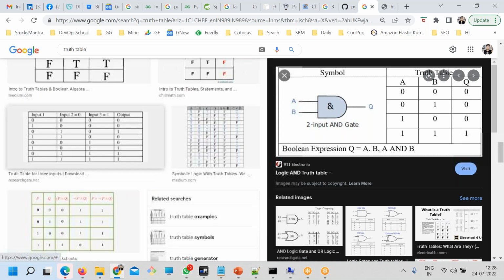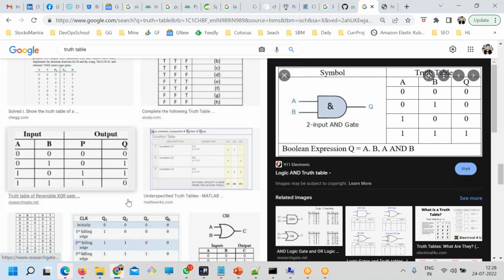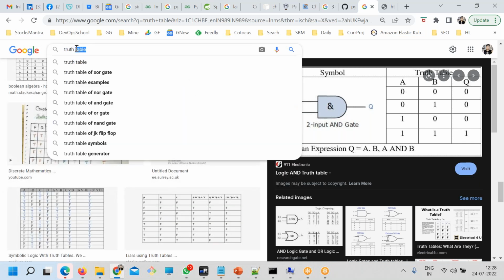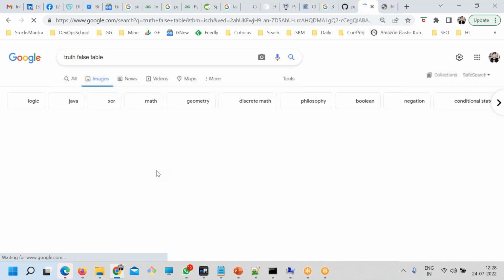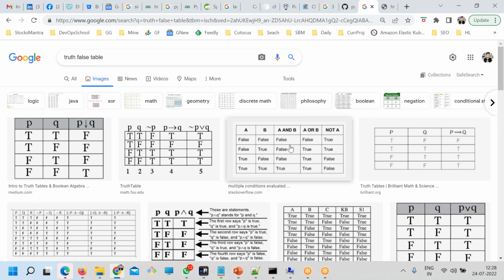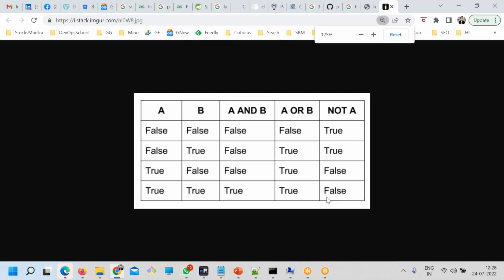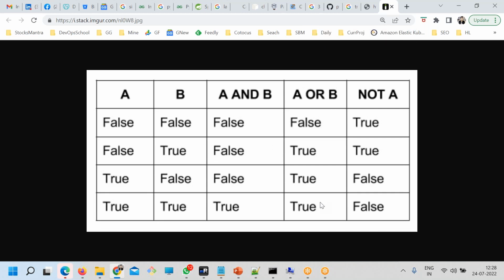These are the circuit ones, the same results. So you have to hard code this. This is better, this is easy. All are the same message, but it's easy to read. Okay, so false and false, and false or false, not a true.